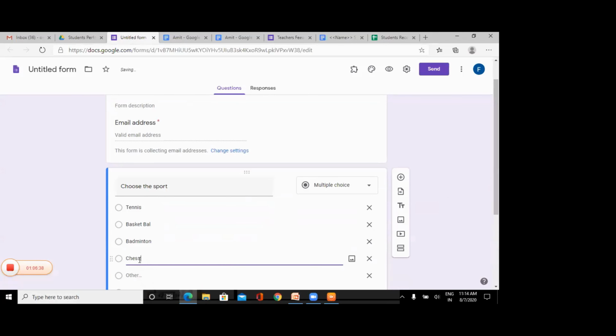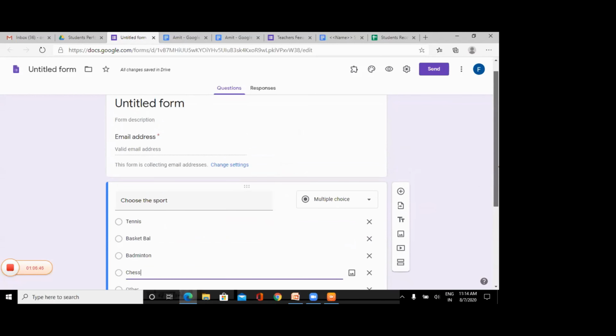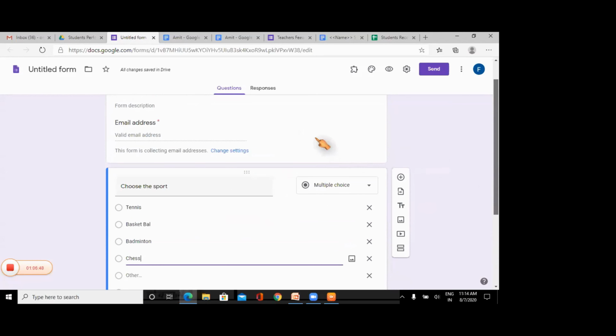Suppose I am looking for players, and almost all the teams are full, but 2-3 members are required in each team. So I want to make it open for the students so that they can fill in their choice, on a first come first serve basis.